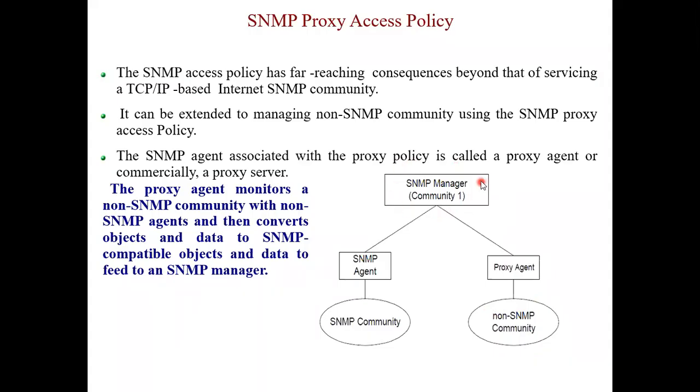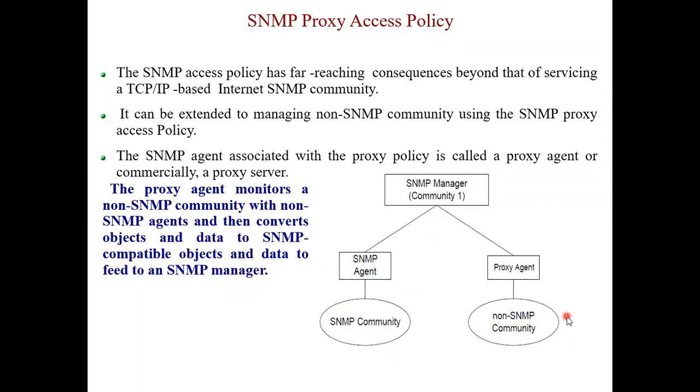Now I have a manager who has an SNMP process built in it, and he belongs to one community. The other is properly SNMP non-enabled, a non-managed object. So this SNMP agent will handle all the objects which belong to the SNMP community, but how will the non-SNMP community be handled? I cannot discard that.